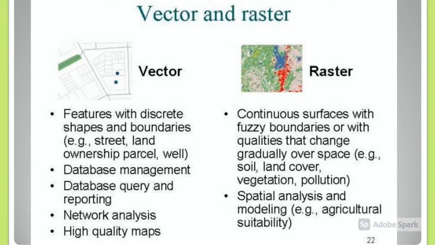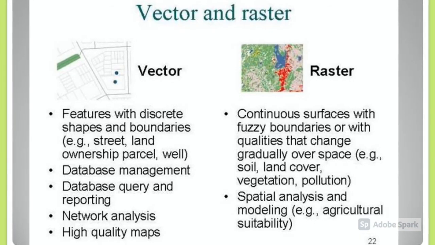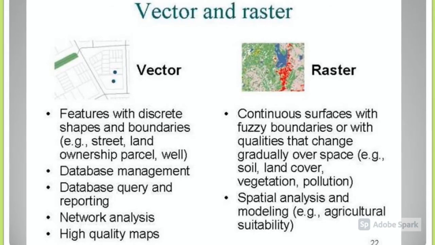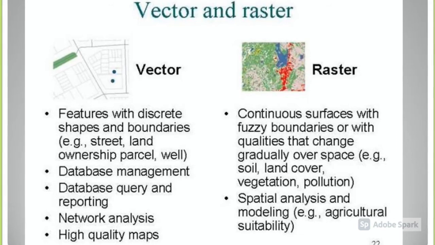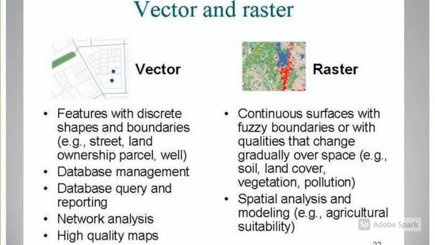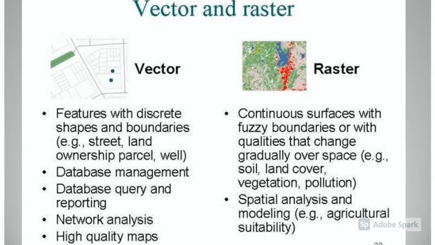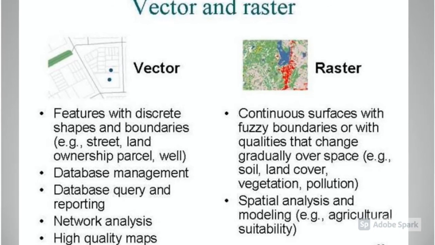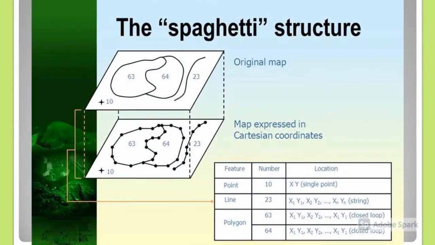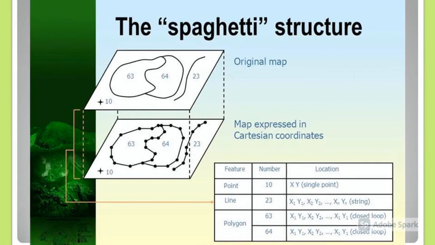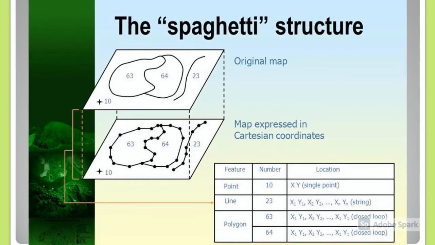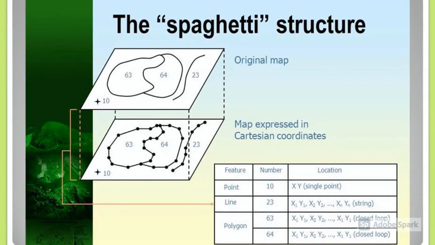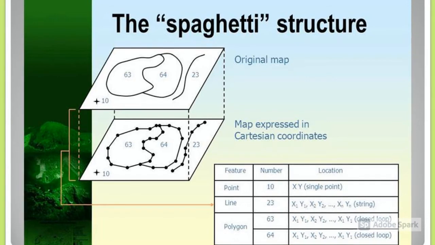Vector data structure. In vector data structure, attribute information is always associated with point, line, and polygon as spatial entities that describe features occurring in the real world. For example, a point representing a city is associated with its total population, number of houses, and number of schools, and so on. A linear feature such as a river represented by a line is associated with name, mean discharge, etc. A land use represented by a polygon feature is associated with its past land use, soil type, etc. Vector data structure is categorized as spaghetti data structure and topological data structure.